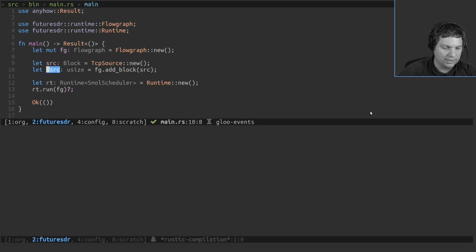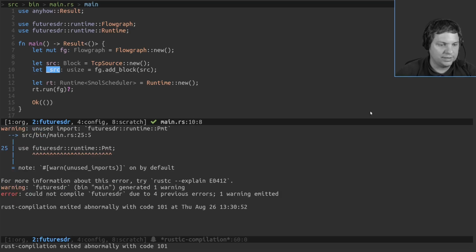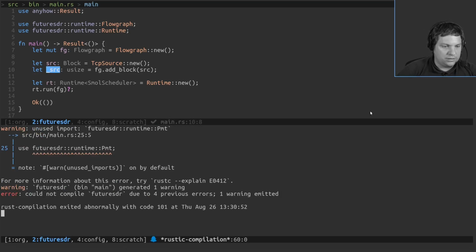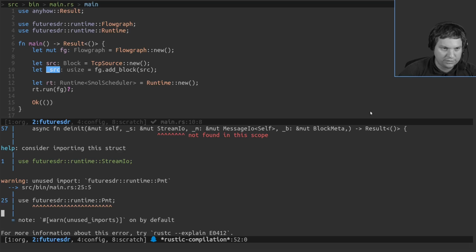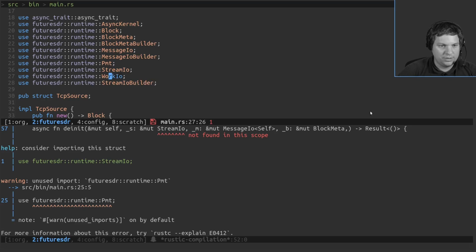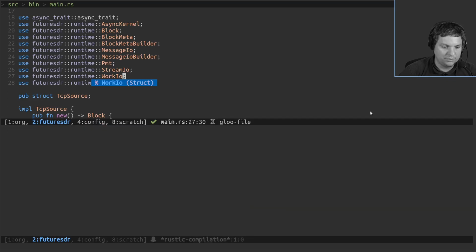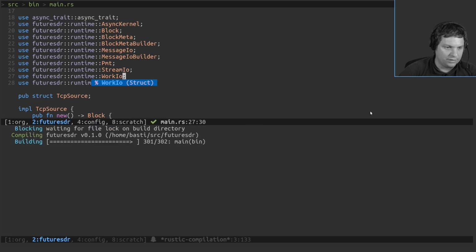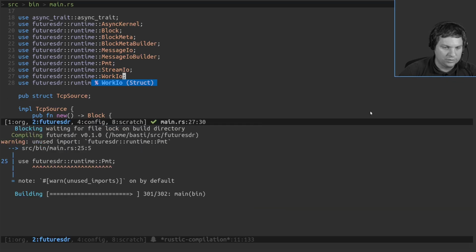Okay, let's see what happens. So let's build it. There's an error here, stream IO, not found. And we also need work IO, which is part of the function signature. Let's look at it in more detail later. And if we now, okay, looks better. I guess it builds now.